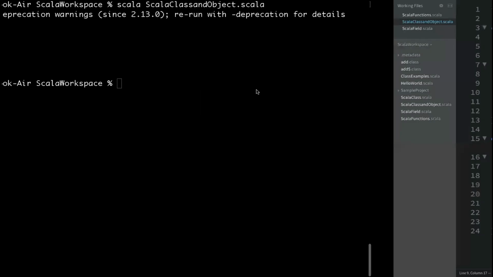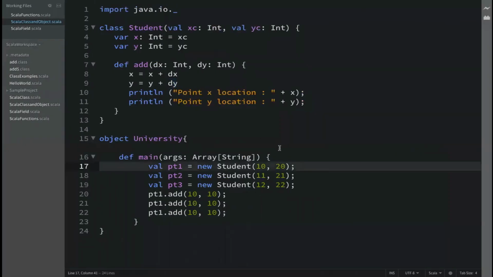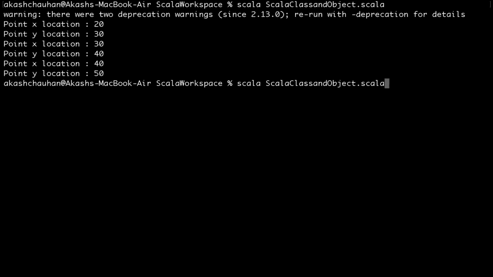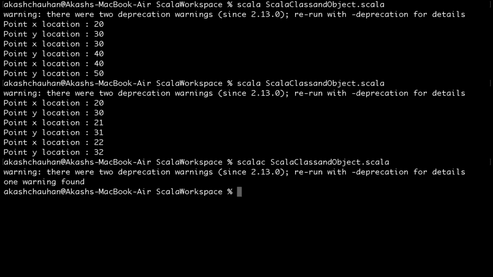Class and object. So if you can see, it is adding 10. It is setting x as 10. Actually, we have used just one. That's why, otherwise it would add 10 and 10 into these, and the sum would be different. So let's compile. I think we have just executed